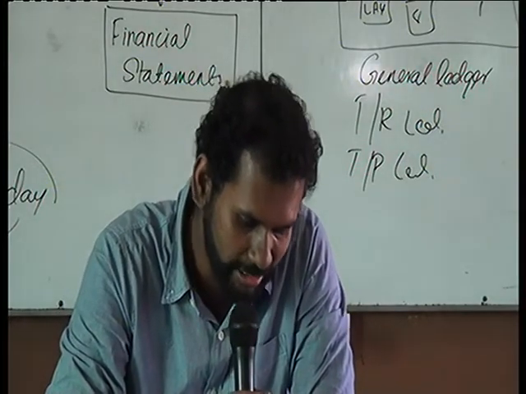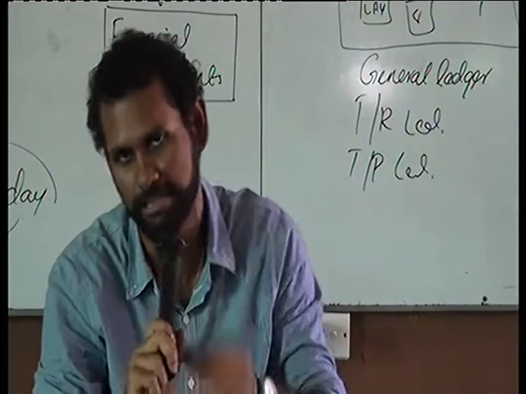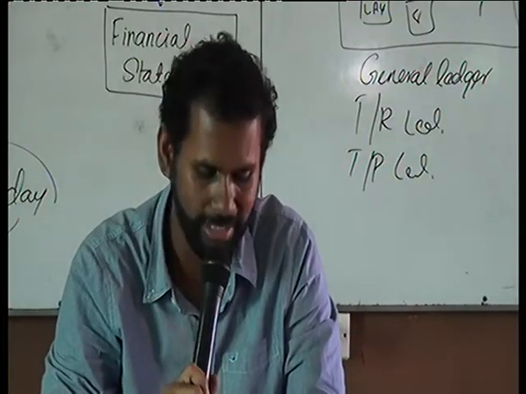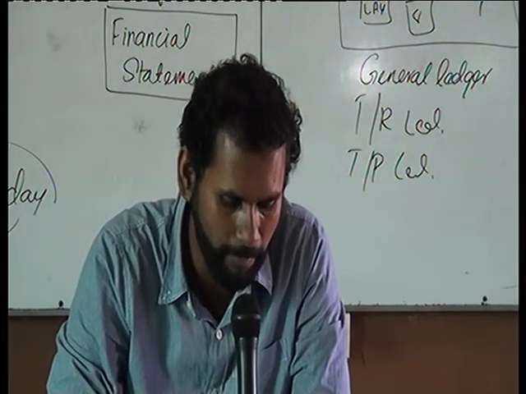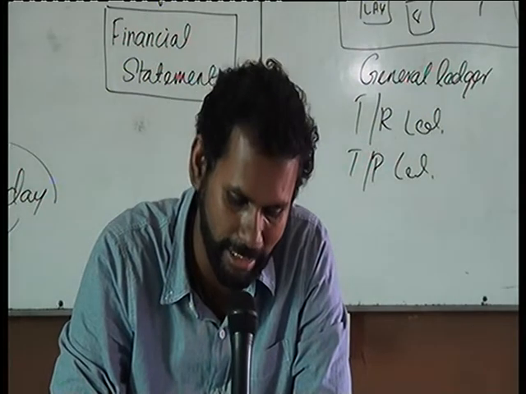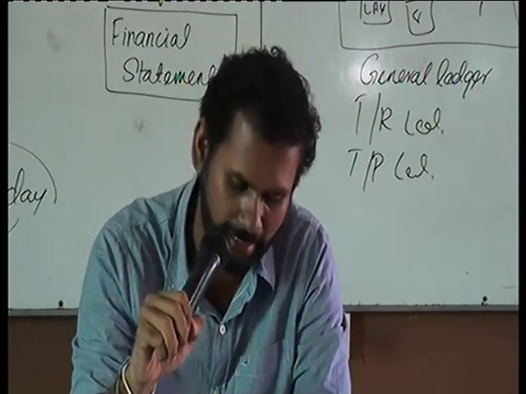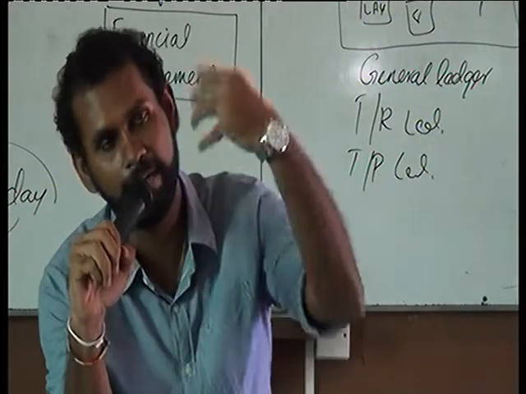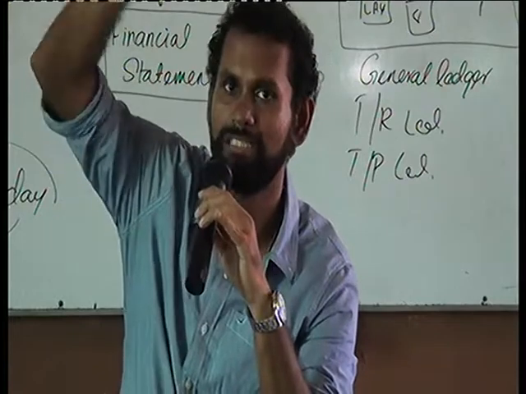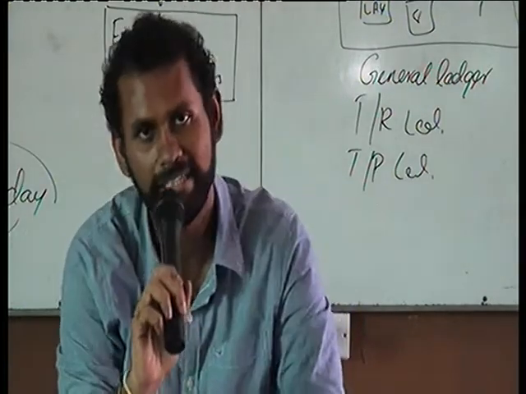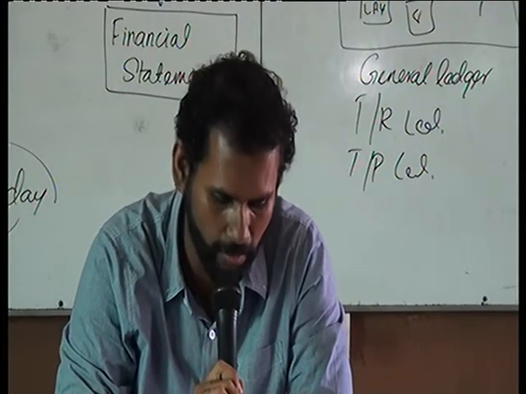So if there is a sales return, generally we issue a credit note in the name of the customer. The related prime entry book is the sales return journal. And the summary of the prime entry book, as we discussed in that diagram, we will be transferring to the relevant ledger account, that is the sales return account.